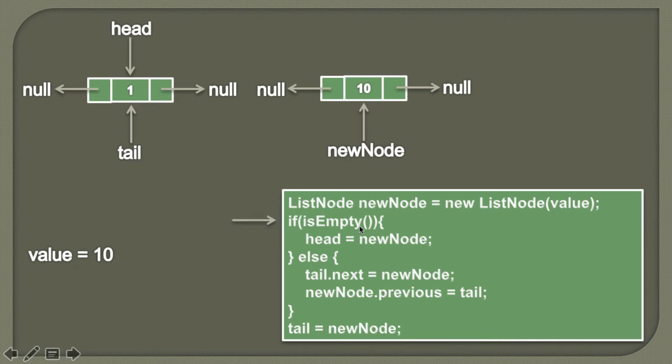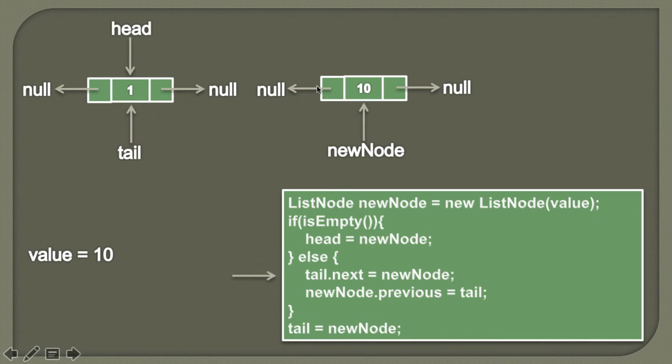Moving ahead, in this if block we'll check whether this doubly linked list is empty or not. If you see, head and tail point to this node having the data as 1, so the list is not empty, therefore the condition in the if block comes out to be false and the else part will be executed.